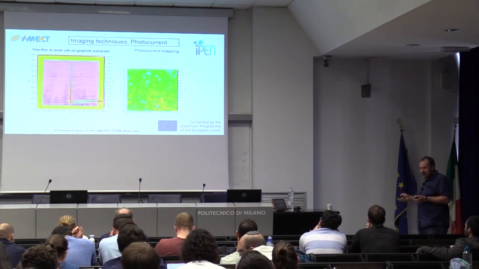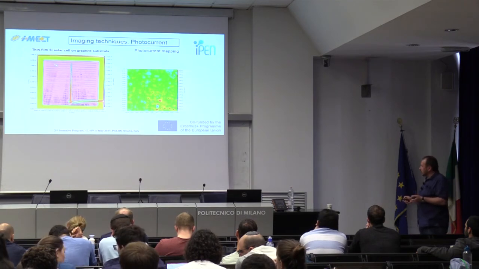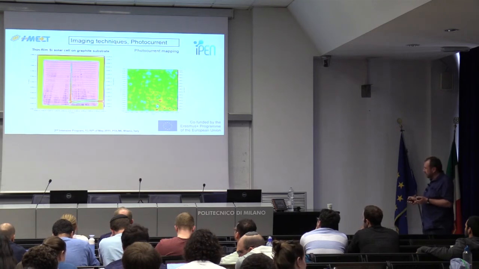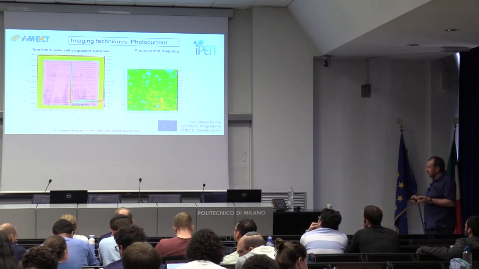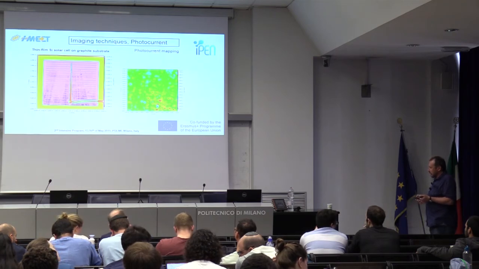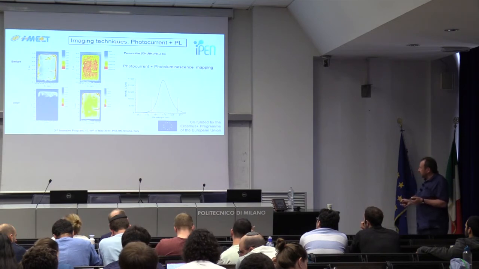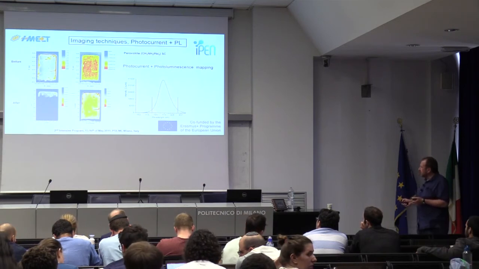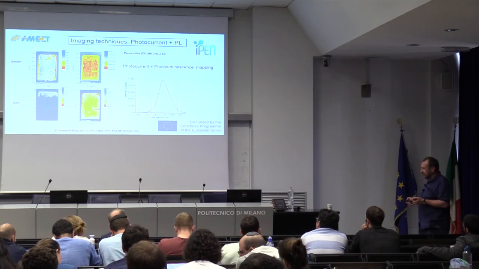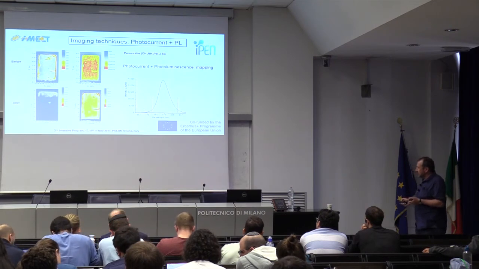Now you can do some imaging, of course, like photocurrent mapping here. The left figure shows a thin film silicon solar cell mapped by scanning a laser over the surface and measuring photocurrent. This is an example of a small area of an organic solar cell. And you can do further characterization by applying also simultaneously photoluminescence mapping. This is the emission spectrum. You can detect the luminescence intensity of the active layer in a spectral range, and do simultaneously current and PL